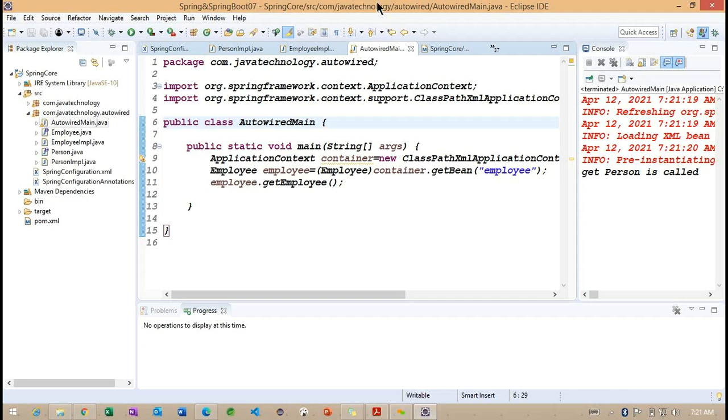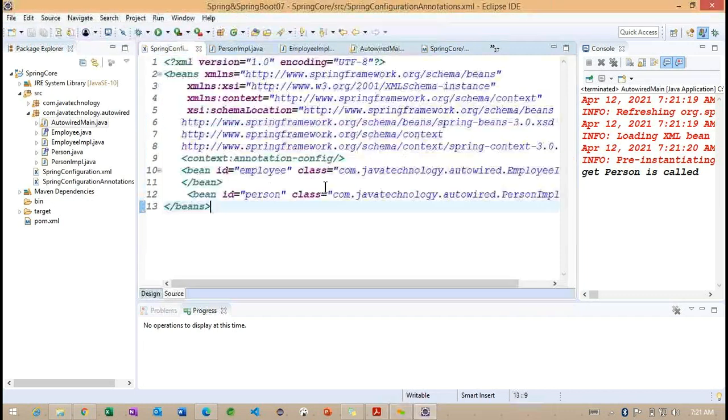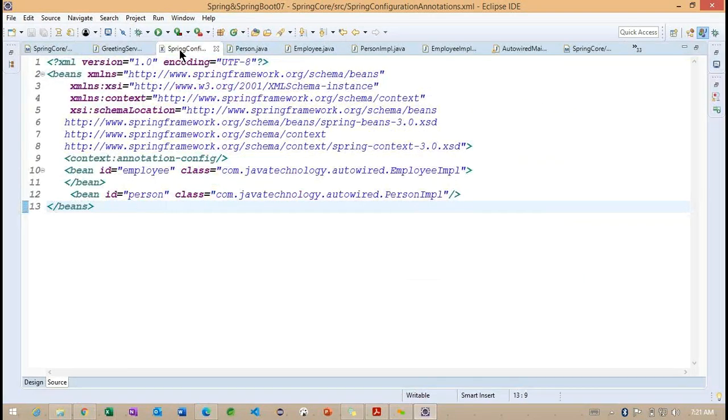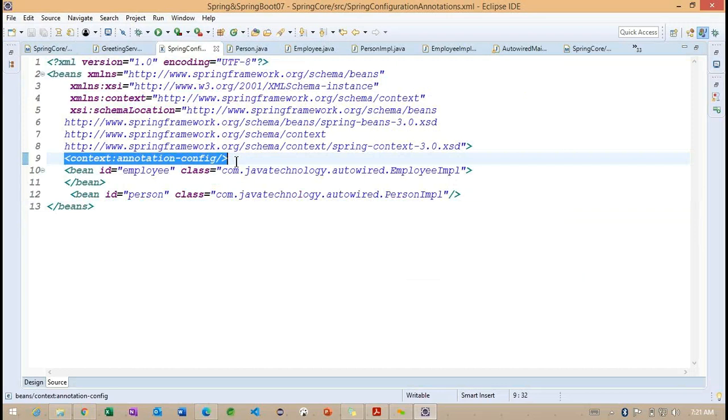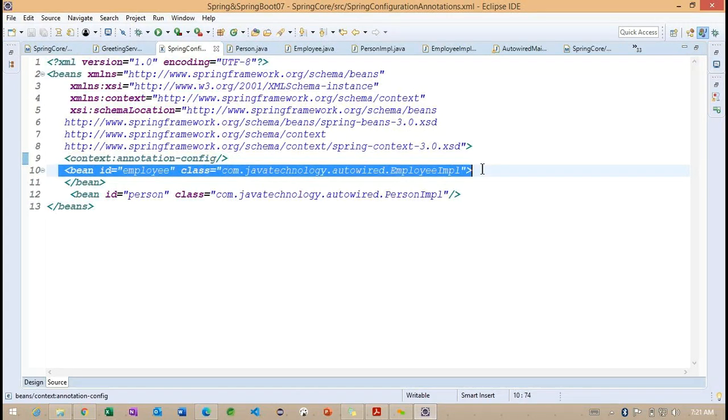First we need to understand how we implemented these sections. Whenever we are working with annotations, we need to specify this context colon annotation config. Later you can observe we are not specifying any constructor tag or any property tag.